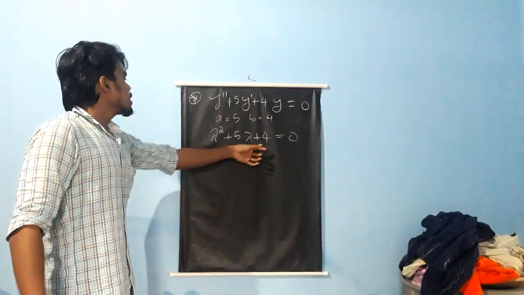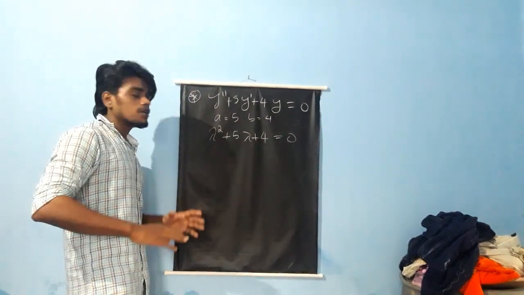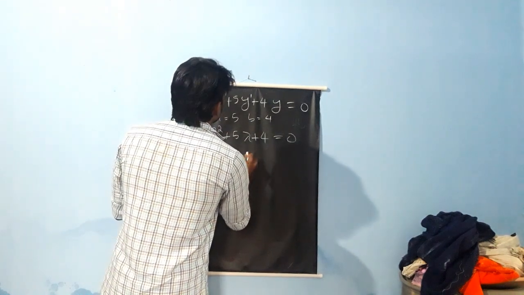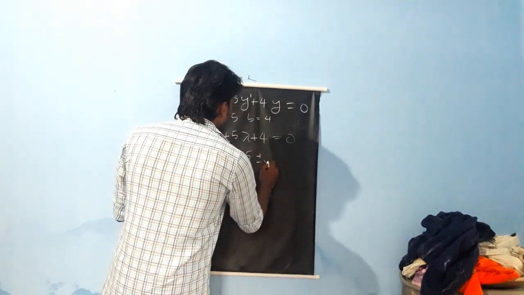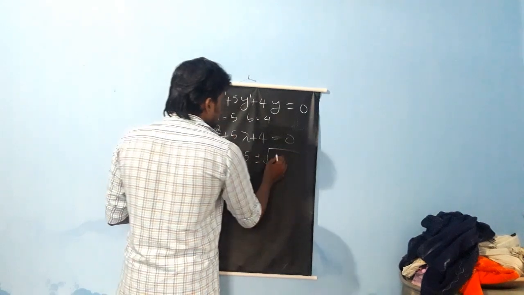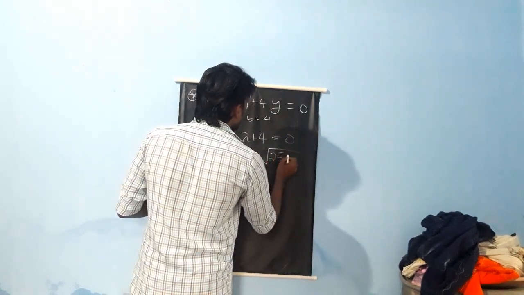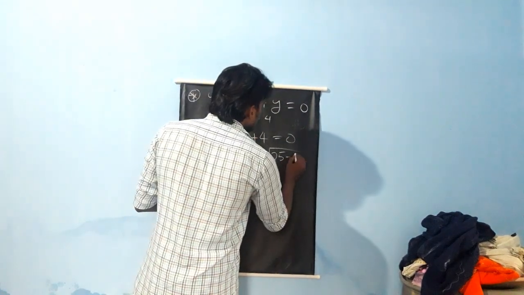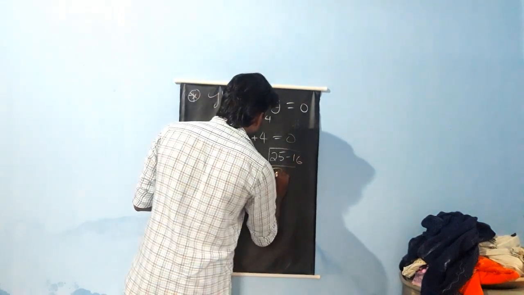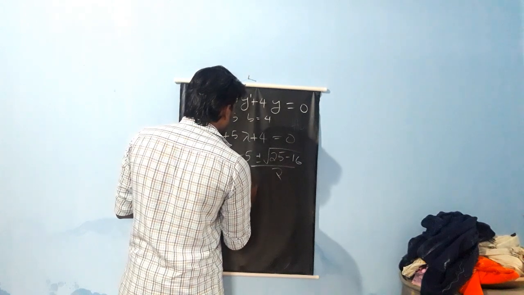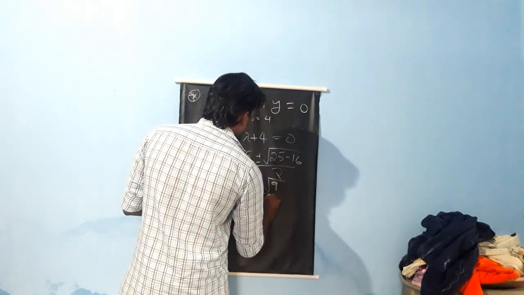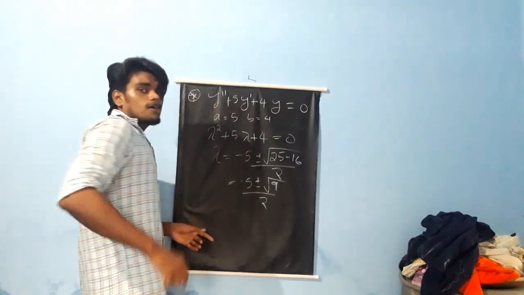So when we write our characteristic equation, we know how to find lambda. Lambda is equal to minus a, which means minus 5, plus or minus root of a square, which means 25, minus 4b, 4 into 4, which is 16, all over 2. So we have minus 5 plus or minus root of 9 over 2, which means minus 5 plus or minus